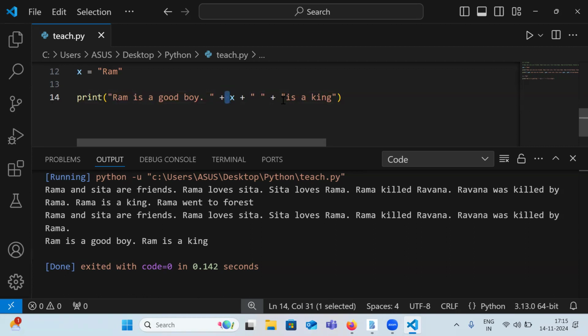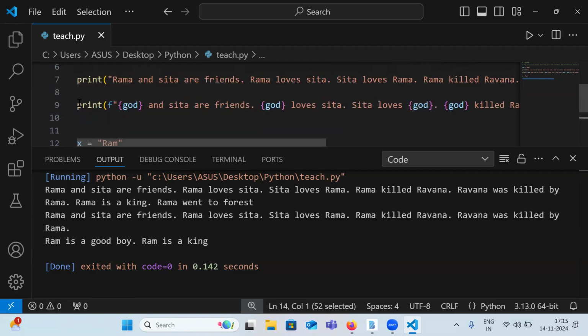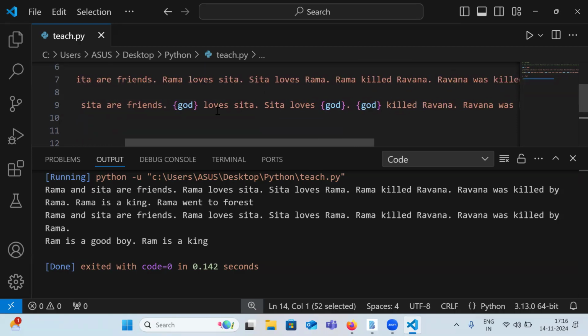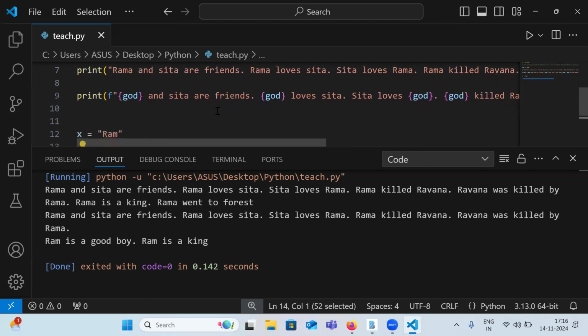But when you just go through this particular statement, it is not actually readable. Of course, the output is actually readable, but the way that you write print statements using this plus operator is not at all efficient. So what is the way? The way forward is to use F strings because of its readability. Because with the help of these F strings, you can easily read it in a pretty comfortable manner. So readability is one of such factors for which we are actually using F strings. And also,